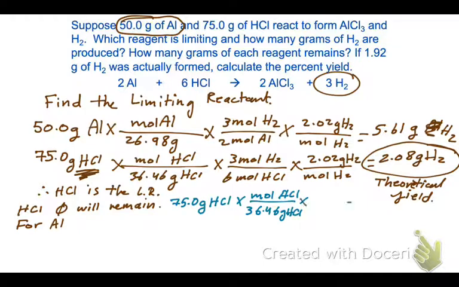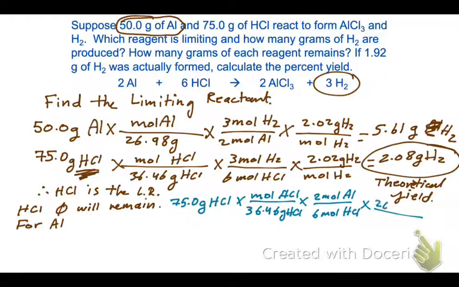Convert that into moles of aluminum. 2 moles of aluminum for every 6 moles of HCl, and then multiply that by the mass of aluminum, which is